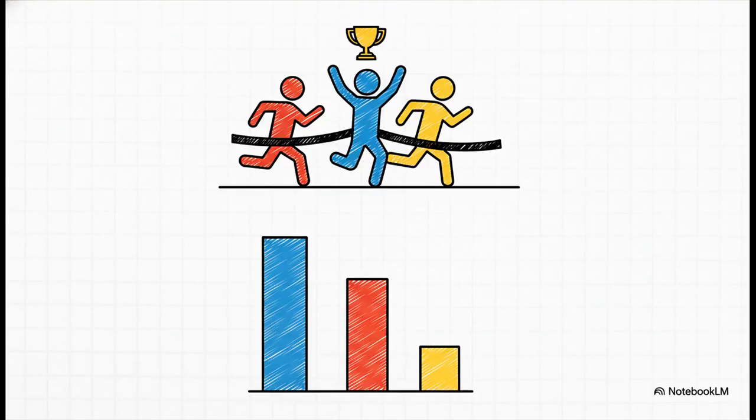This brings us to a very important point about our system. The candidate who gets the highest number of votes is declared the winner. It's as simple as that. This is called the first-past-the-post system. Think of it like a running race. The first person to cross the finish line wins. A candidate doesn't need to get a majority, that is, more than 50% of the votes. They just need to get more votes than any other candidate.